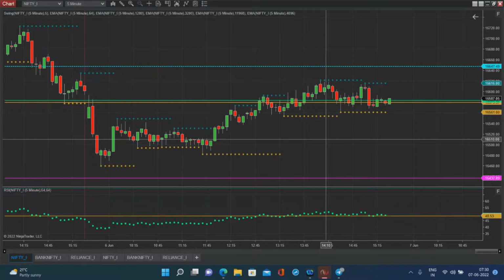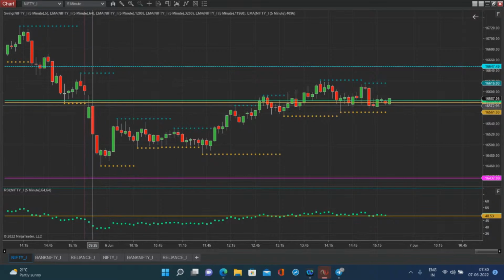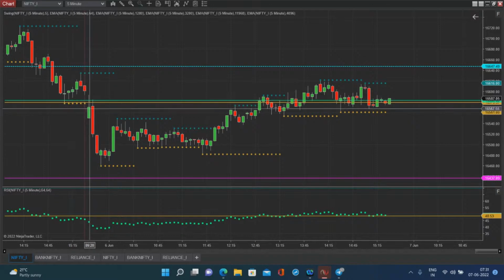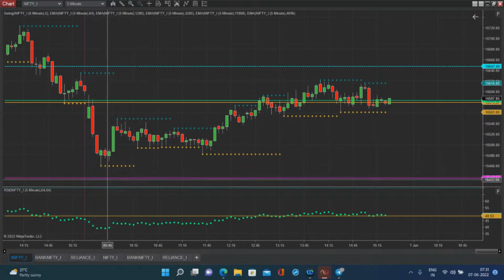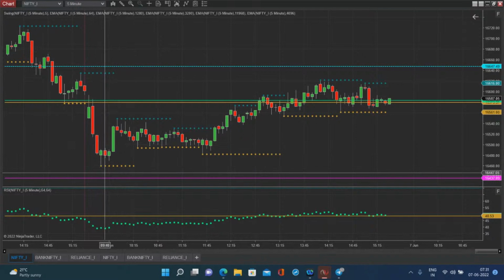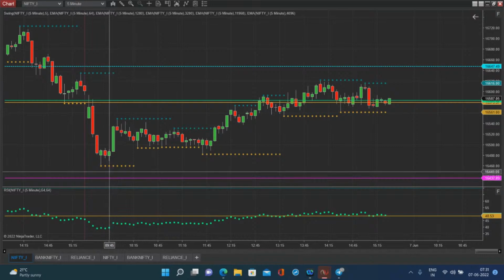Okay, so first we'll look at what has happened in Nifty futures yesterday. The market opened around 16,600 levels, but was immediately rejected at the day before's close or the day before's low. And immediately the market moved towards 16,437, which is the 200-day moving average. So basically, yesterday the market was about to break this 16,437 level and then go down to fill the gap